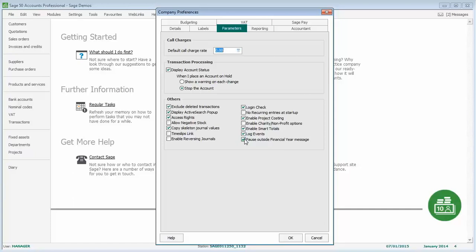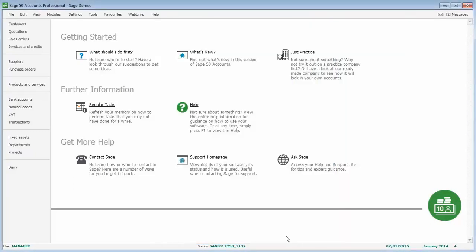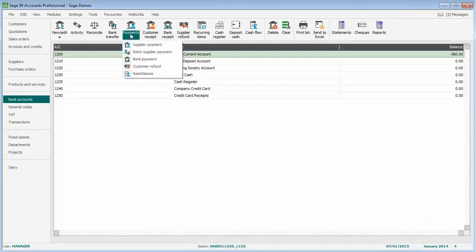Now you can switch this option on and off at any time, and if you've paused the message so it's ticked, it will be reset when you run a year-end. Now there are two instances when the message will still appear even when the box is ticked to pause the message. Let's just quickly demonstrate those ones. The first, if we go into bank and then payments,